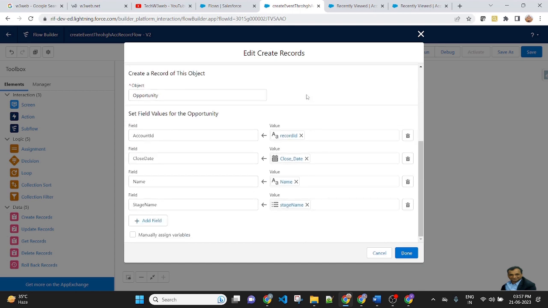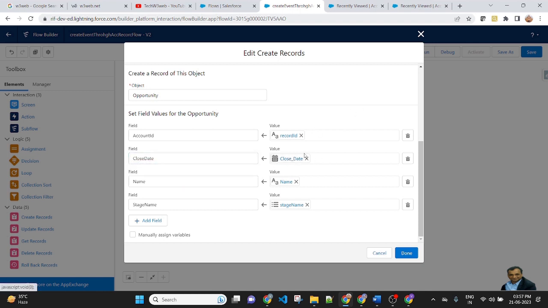Account ID is a lookup field between account and opportunity, so here I am passing the record ID variable. I am creating a variable so that the record ID will store the account ID, the lookup field value.